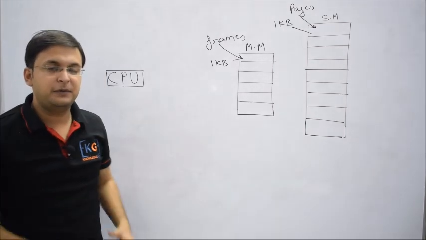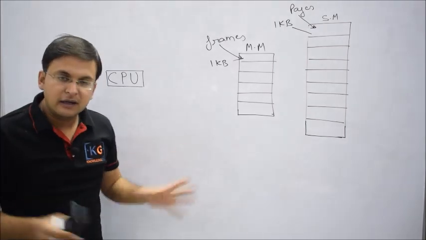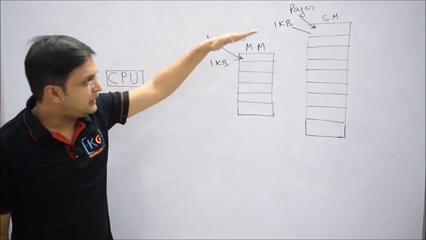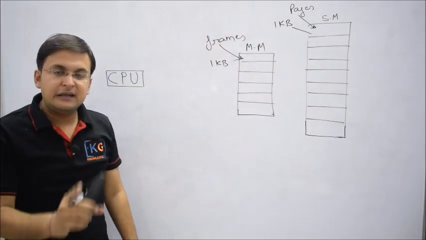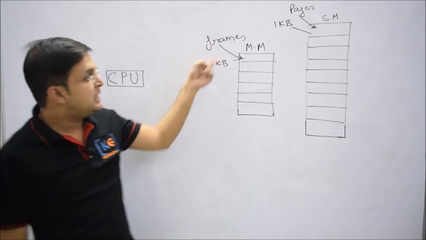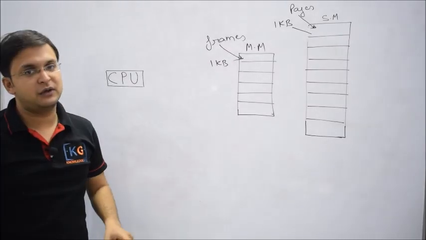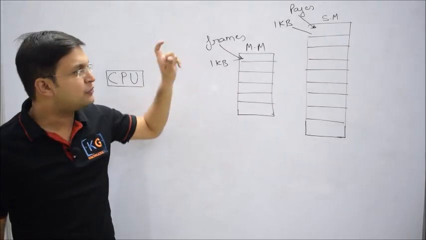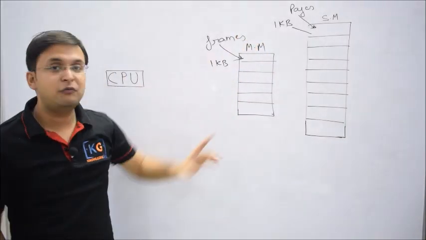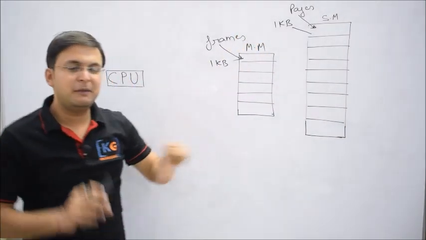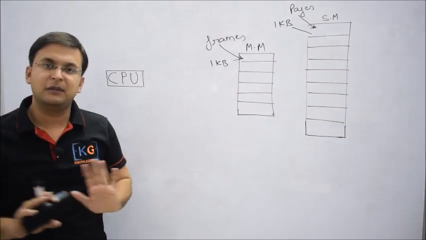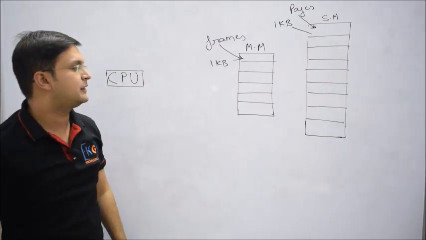Before we directly go to paging, what is the basic concept? To support non-contiguous memory allocation, we divide secondary memory and main memory into equal size partitions. Yes, it is a fixed size partitioning scheme, but more importantly, even the size of each partition is the same. When you talk about a partition in secondary memory, you call it a page. And if it is main memory, then we call it a frame. That is a very obvious thing. Now you understand the basic logic.